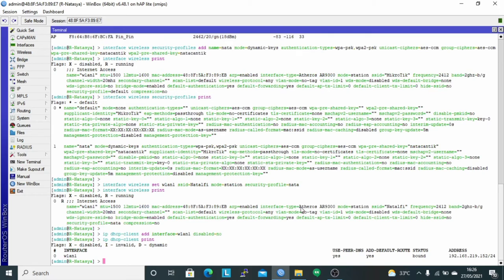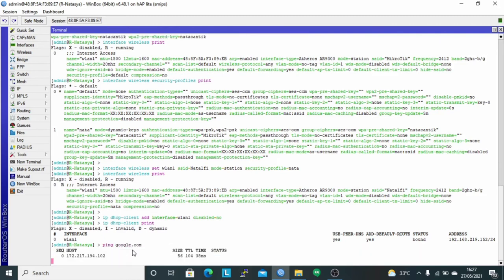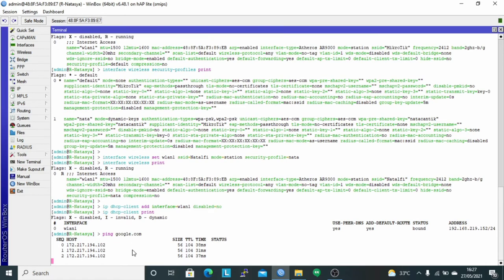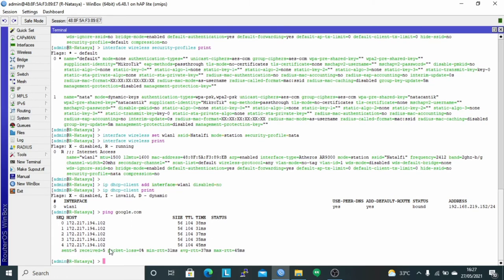Here you can see that the router gets the IP address from the ISP, which is 192.168.218.152/24, and the status is bound using interface WLAN1. And then perform a ping test to Google to confirm the router is connected to the internet with the command ping google.com. It can be seen that the result is a reply, namely the router is connected to the internet.